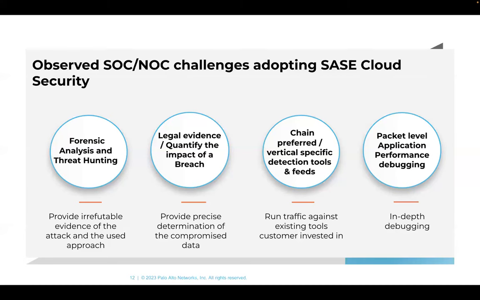Third bucket, again, the first three are more security oriented, right? We hear very often that certain customers invested a lot in third-party tools for additional checks. Let's say the customer is placed in a certain vertical, right? They might subscribe to get threat feeds specific to their vertical from other partners. And right, let's take an example of having such threat feeds and threat signatures coming through to something like Suricata